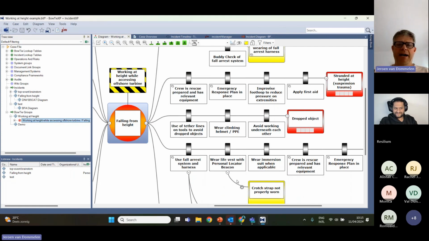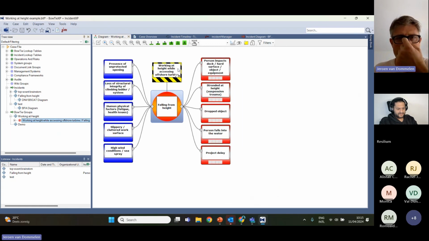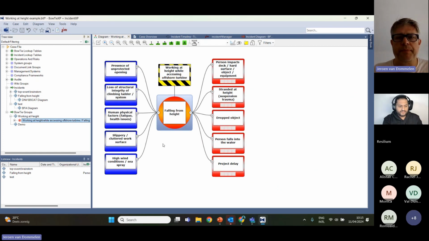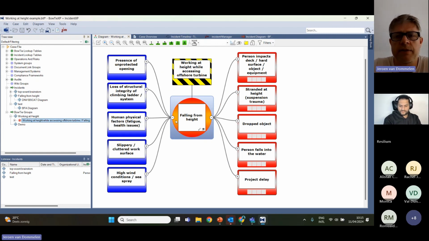So, how does it work in the software? I'm going to use a working at height example we've built for a client. The BowTie itself is working at height while accessing an offshore turbine, where on the consequence side we have the person impacts: stranded at height, dropped objects, a person can fall in the water, etc. And on the cause side, we've got presence of unprotected opening,